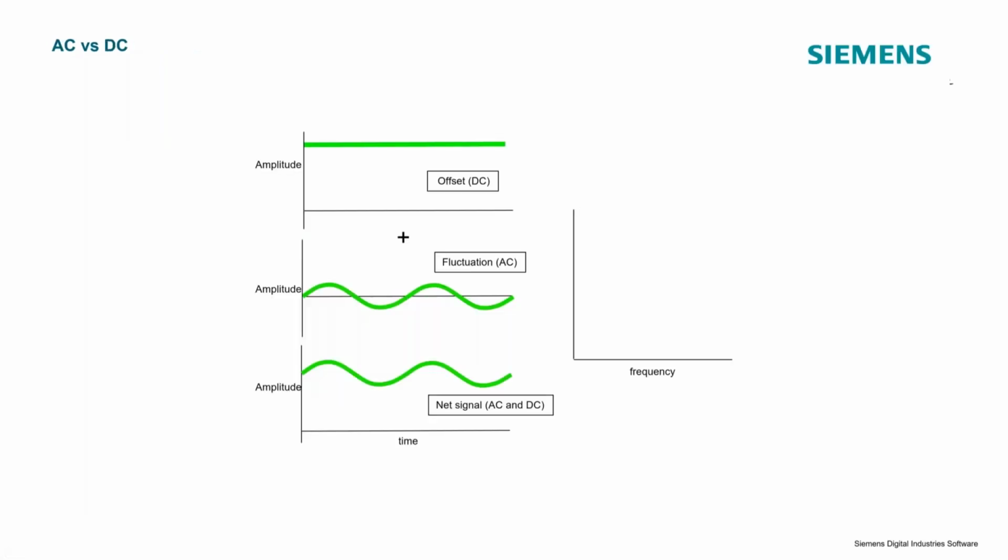So the question then is, should I AC couple my signal or should I DC couple my signal? What does that mean? Well, what's meant by AC and DC coupling? Most signals are composed of both AC and DC components. The DC component would be the offset from zero, or the mean value, while the AC shows the fluctuation of the signal. If we look at it in the frequency spectrum, that DC is going to show up at 0 hertz, that offset and mean value.